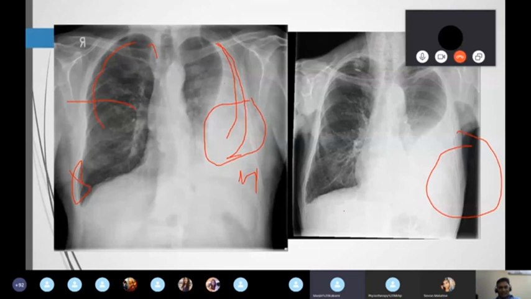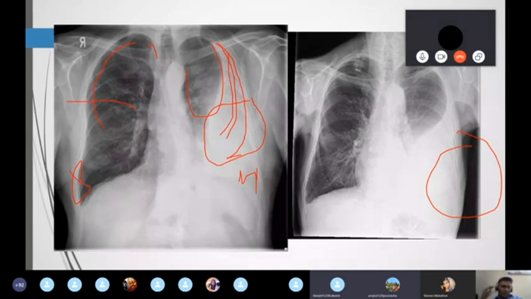That's why we're going to see a classical meniscus sign. You can see the meniscus sign here. There is more opacity laterally compared to the anterior and the posterior. So that's the point we have to differentiate. Here we can't tell this is a consolidation, because in consolidation the fluid never crosses the fissure.